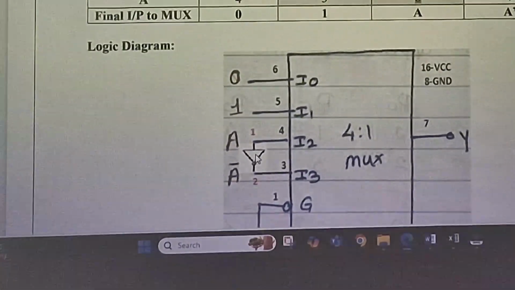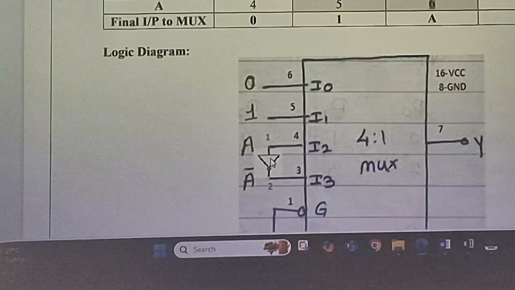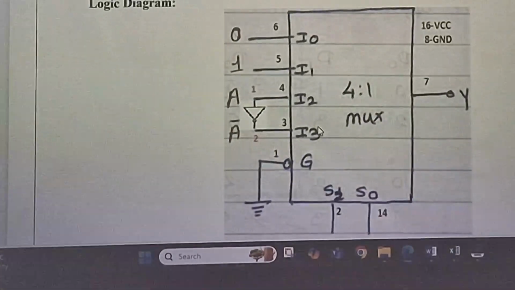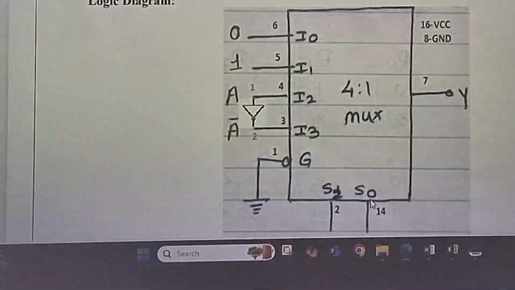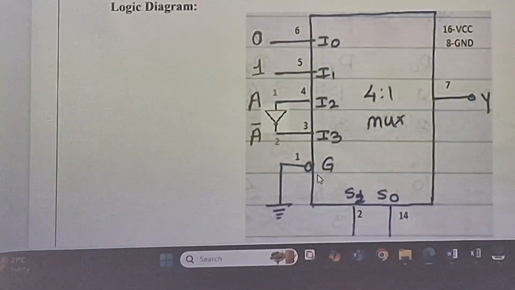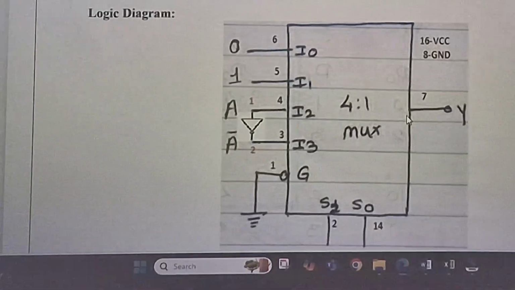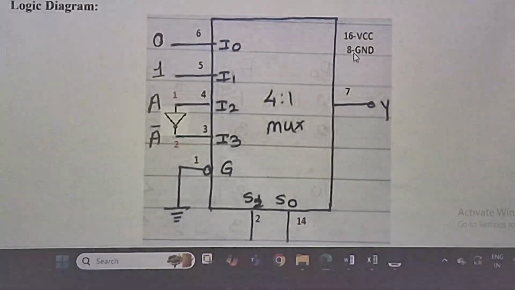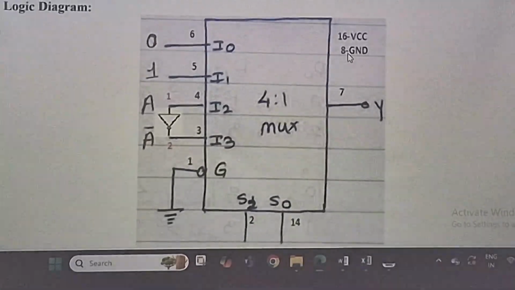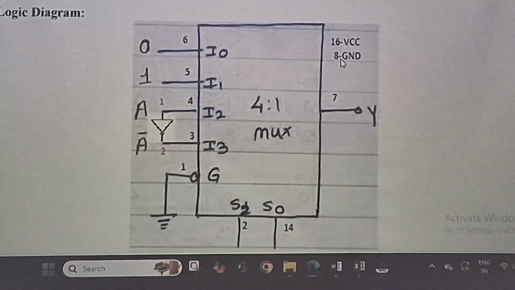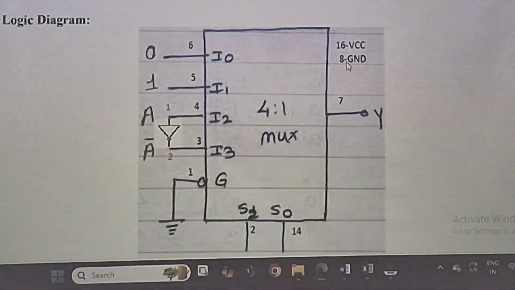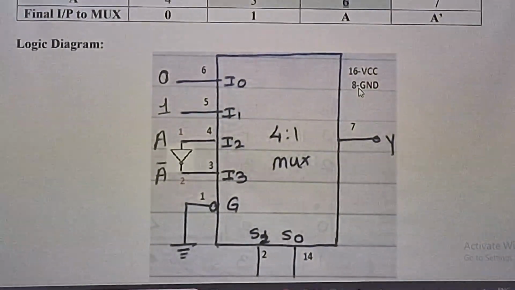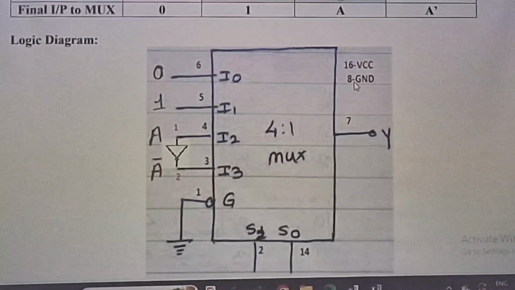Yes. So we are using the NOT gate as well as 74153, a 4:1 mux, and we are designing this particular diagram. 2 and 14 are select lines, 1 number is strobe, you need to connect to ground, and 7 number is output, 8 and 16 are the fixed inputs, that is 8 number ground and 16 number VCC. Means even a long equation that is given, you can implement with the help of a 4:1 mux. With the help of which technique? Hardware reduction. This technique can be asked in the final exam.